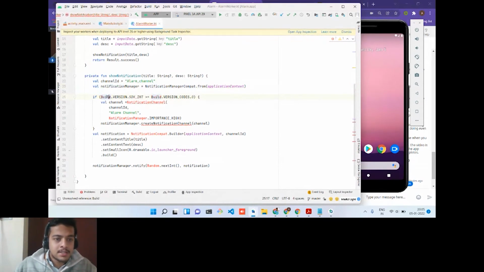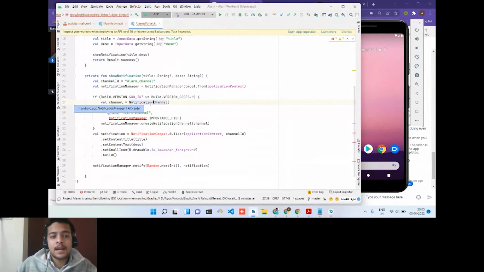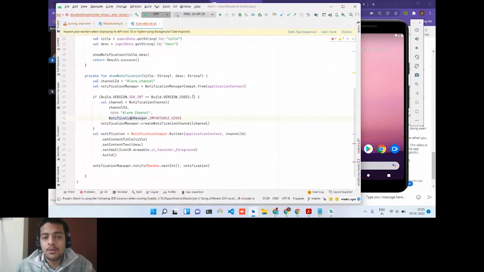Also, there's just one thing: this creating of a channel, specific to the particular application, was all implemented after Android Oreo. You can see that it is a simple if-else statement. The build version means which device the application is running on. If the device is Android Oreo, or greater than Android Oreo,